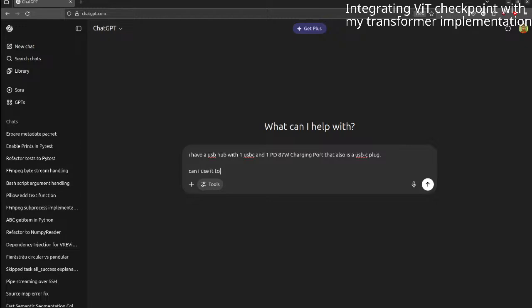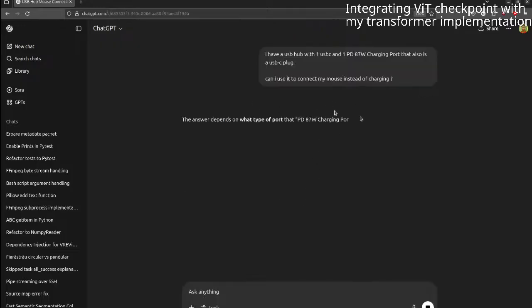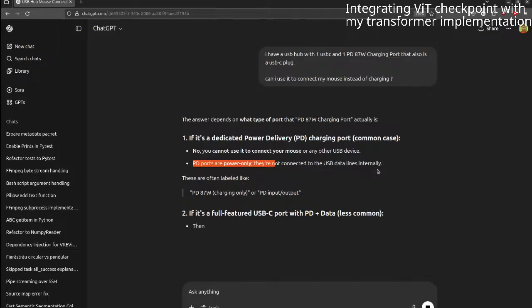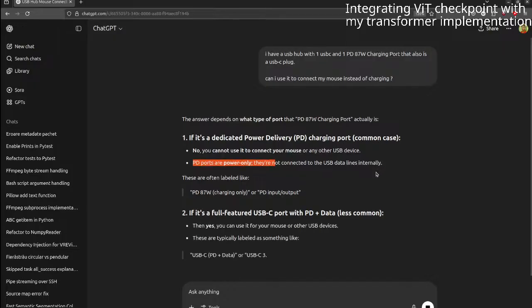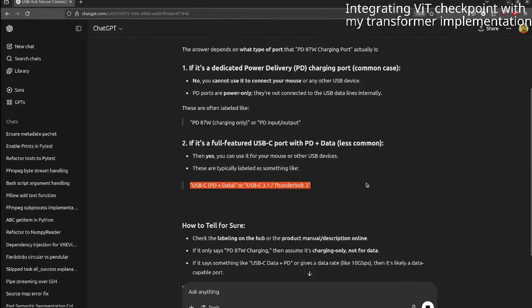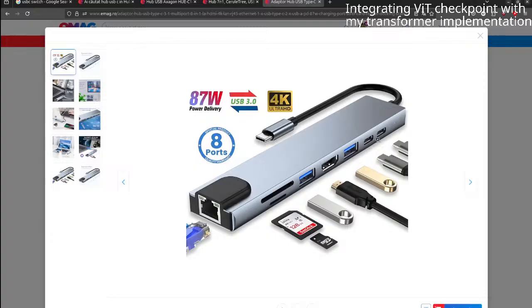Can I use it to connect my mouse instead of charging? On what type? PD plus data, which is not true. This is like,